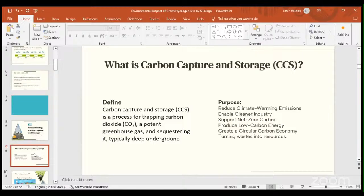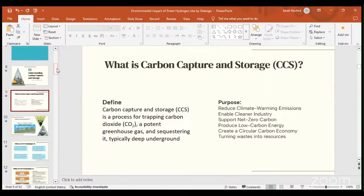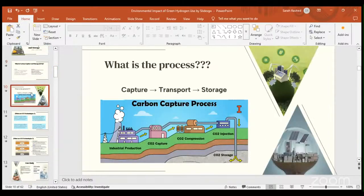So I want you to think, what's the relation between carbon capture storage and the petroleum products or the petroleum sector? You know that carbon dioxide goes in petroleum processes or petrochemical processes like Fischer-Tropsch, and maybe you can manufacture methanol, and maybe you can manufacture hydrogen. So CO2 is used in petroleum manufacture methods. I just want you to connect the connection of carbon dioxide and petrol or hydrocarbons manufacturing. So when carbon dioxide passes through the three stages: capture, transport, storage. What happened during these